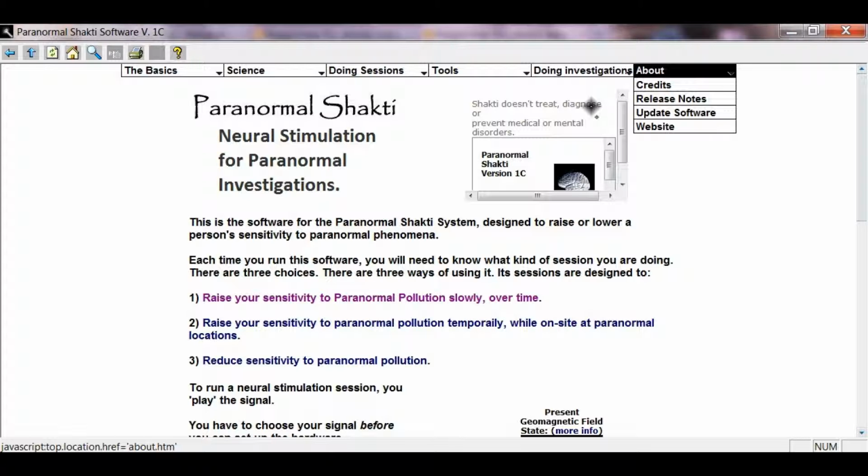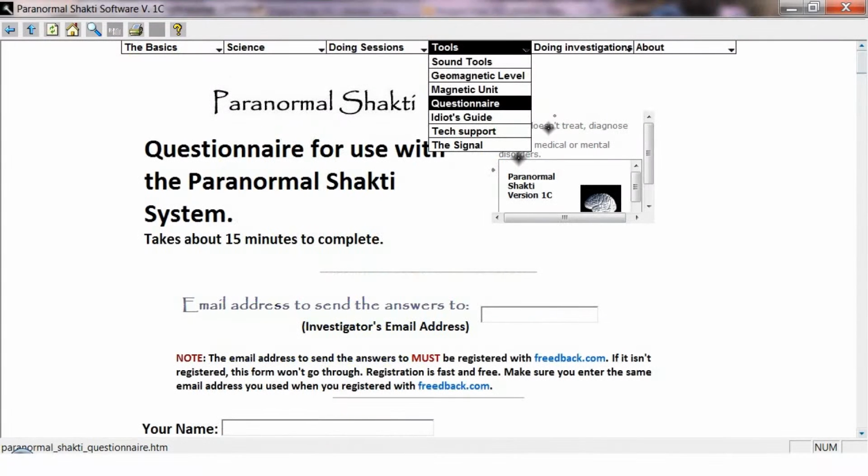Now, let's go over to the Tools section, which is the most important currently, and scroll down to the questionnaire and click on that. What you're going to see is a page which has a short paragraph that tells you a little bit about the questionnaire, telling you it takes about 15 minutes to complete. And right below that, it says investigator's email address. In there, you're going to put in